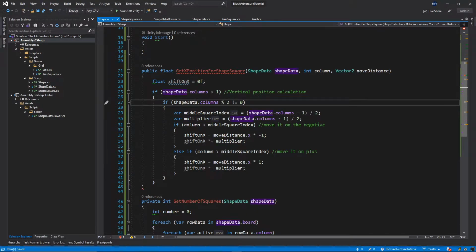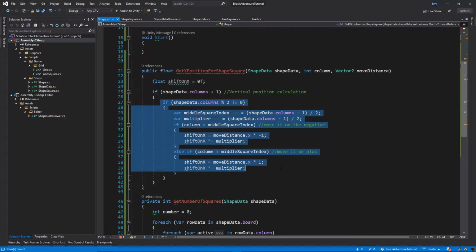Okay, so this is if we have an odd number of columns, and then otherwise,